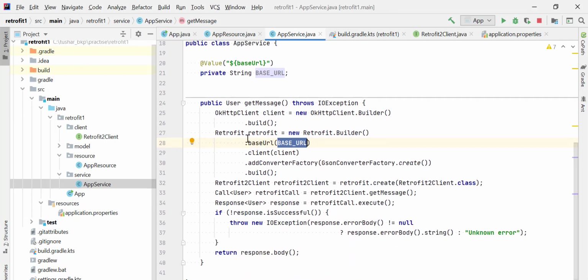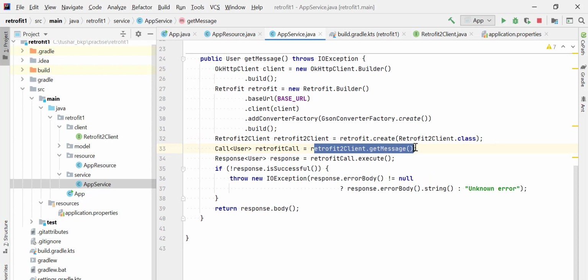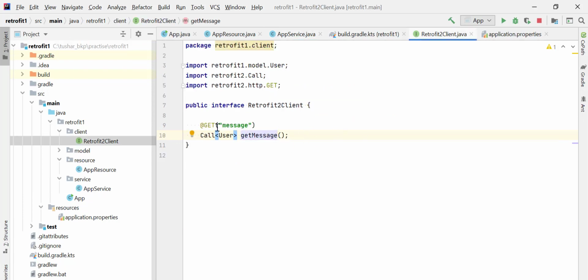Here we created the Retrofit object. Now we call the getMessage method of our Retrofit interface. This is the message endpoint that is going to be appended to our base URL, and it represents which endpoint of application B we are going to call.